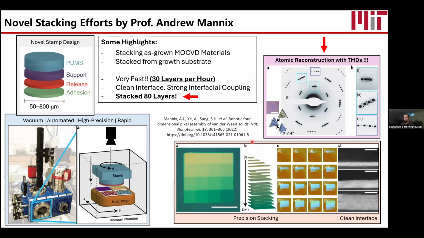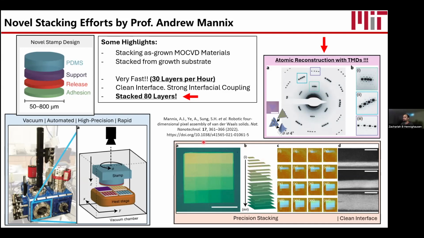And so what about the results? Well, this atomic reconstruction of the TMDs, I believe, is an understated result. It's incredible. You have all these extra spots here. This is a diffraction pattern. Electrons are diffracting off, but you have all these tiny little spots, and those are because the electrons are diffracting off of the atoms moving. His interface cleanliness and quality was so good that the atoms readjust themselves to form these more stable moire patterns, and then the electrons diffract over those new moire patterns.